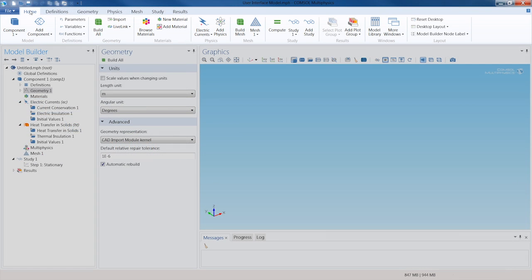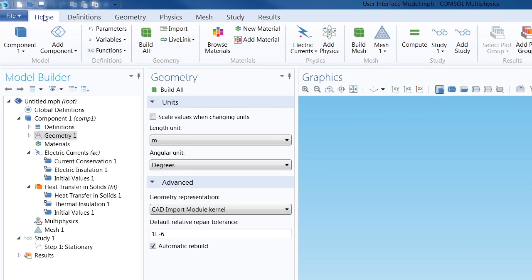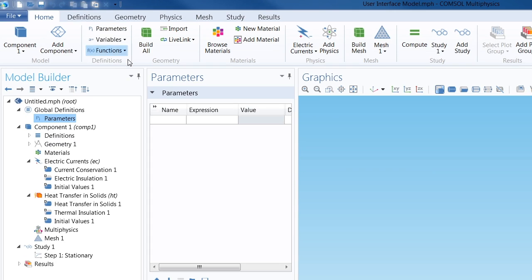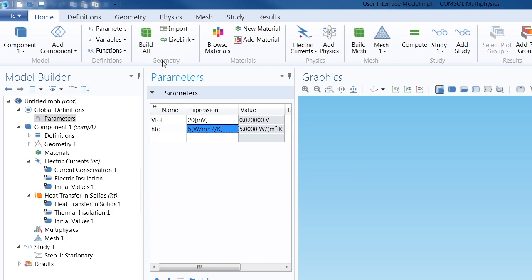The ribbon, which gives you quick and easy access to all the available commands, is complemented by the Model Builder, which provides you with an overview of what has already been created. Moving on to the next modeling step, we need to add the parameters for the total voltage and the heat transfer coefficient. Looking back to the Home tab, we can see that Geometry is the next available tab in the